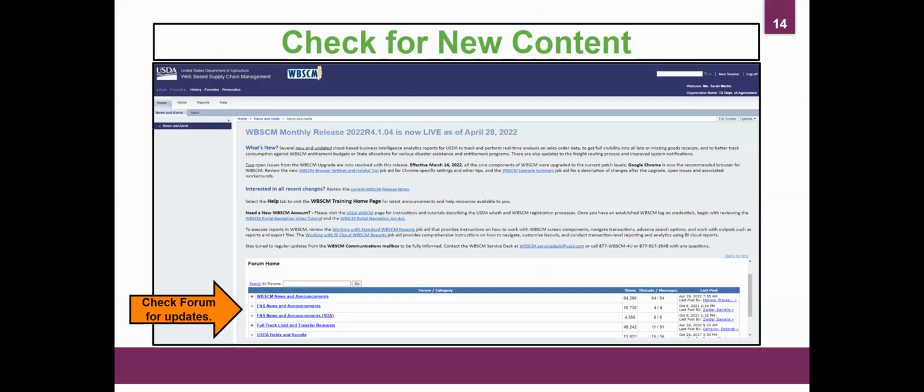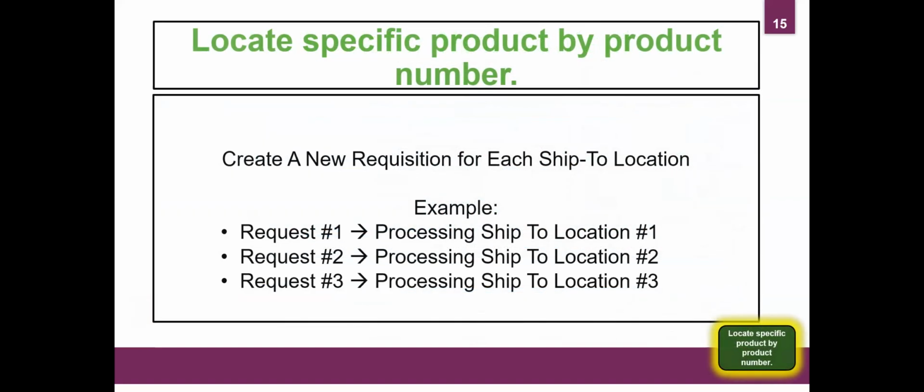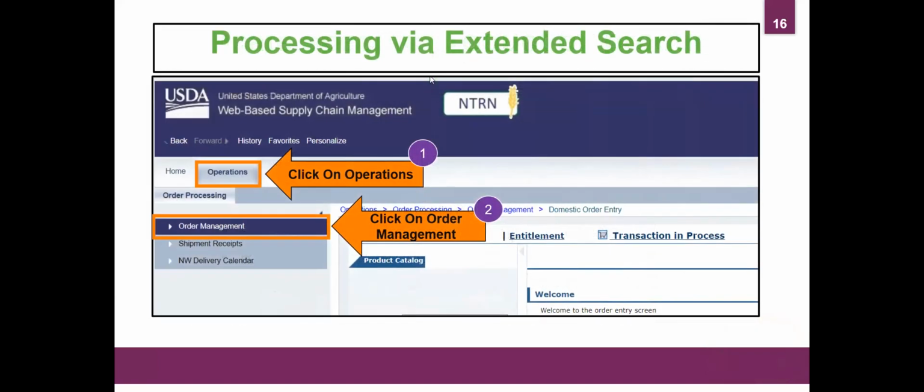Chris went through this as well, the updates, the new content. So when we start processing, we are going to create our requisition for each ship-to location. So that's kind of the recommendation, the best practice, that if you're processing items, you're going to put together all your material numbers that you are sending to one common processor. That sometimes makes it easier to organize the materials, do our quality assurance checks, and ultimately we have less errors, which then ensures that the likelihood that you will get those products is higher. So the recommendation is to organize by the ship-to location.